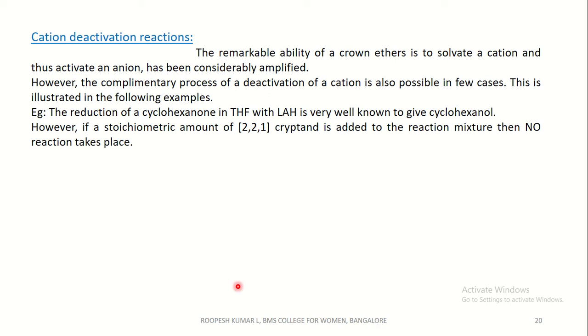That is, for example, the reduction of a cyclohexanone. Reduction of a cyclohexanone in THF with lithium aluminum hydride is a well-known reaction, where we expect cyclohexanol as the product after reduction. However, if a stoichiometric amount of crown ether, that is 2.1.1 cryptand, is added to the reaction,